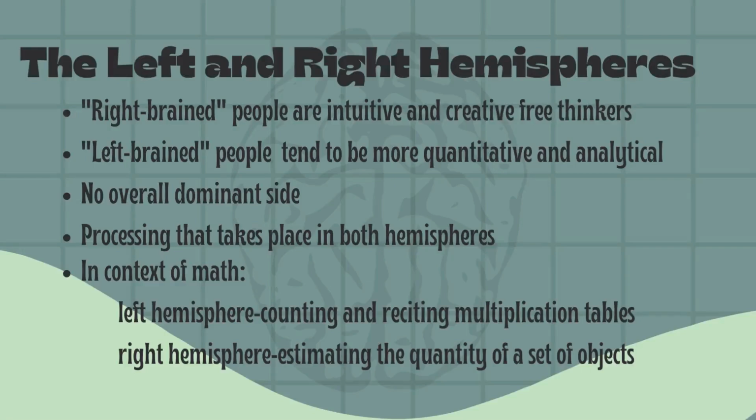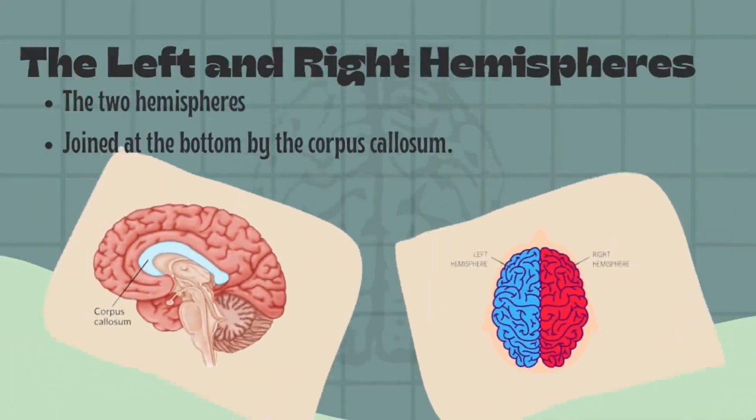The two sides of the brain are joined at the bottom by the corpus callosum. The corpus callosum connects the two halves of the brain and delivers messages from one half of the brain